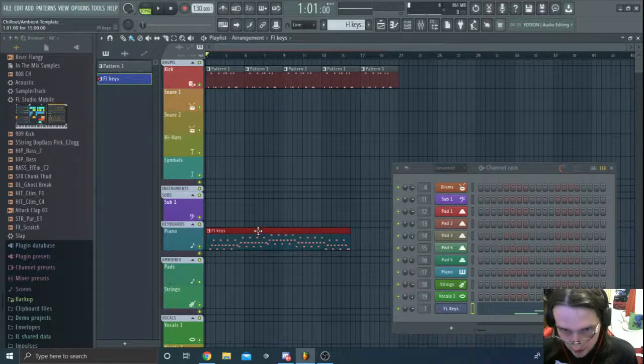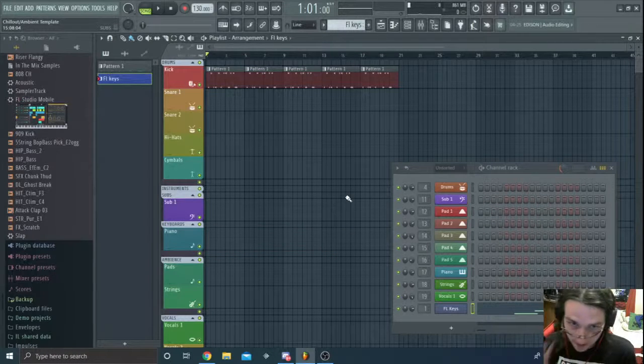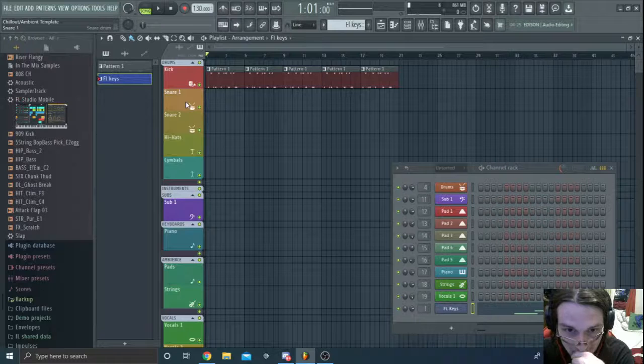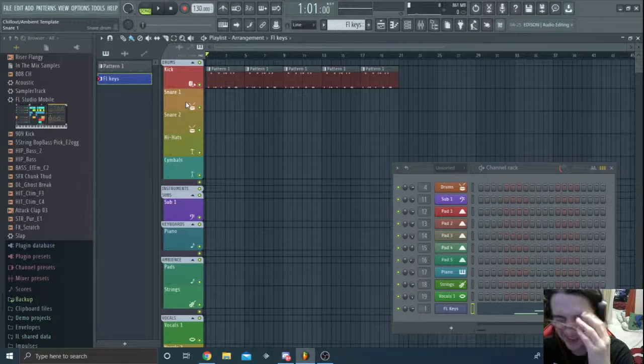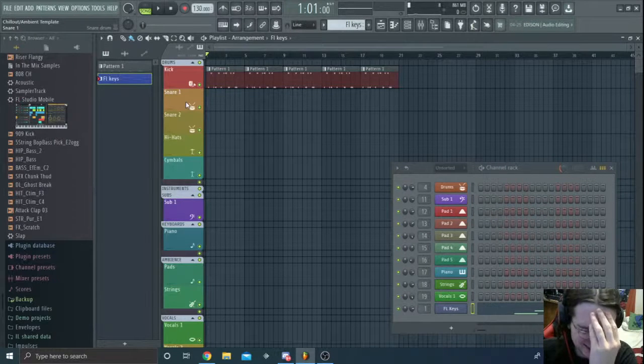What kind of tune do I want to make for the drums, or for the piano? Is it a good idea to start off with the drums and then go straight to the piano? Did I even make a proper pattern? Or should I save the pattern for later and find it for something? The pattern for the FL Keys is fine. I just have to find something that makes this work, or maybe make a new snare. Oh god, did I call a snare a Slayer?